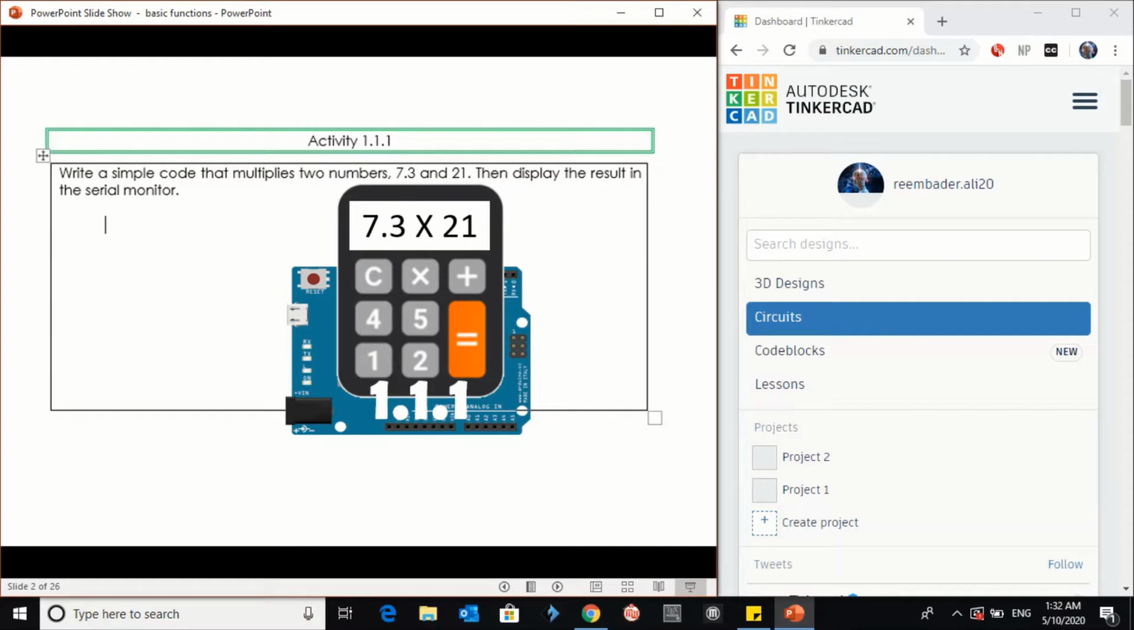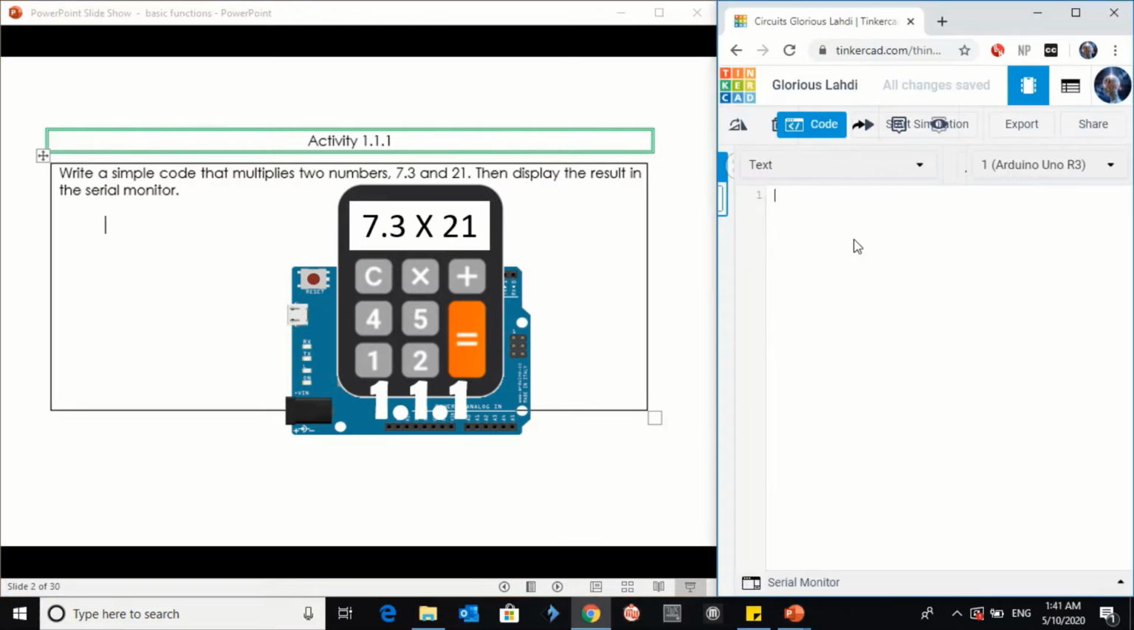Write a simple code that multiplies two numbers, 7.3 and 21. Then display the result in the serial monitor. So as a first step you have to write our two main functions, which are void